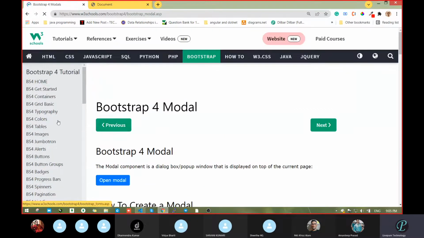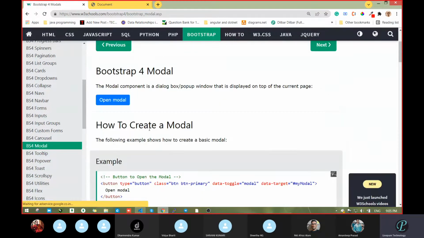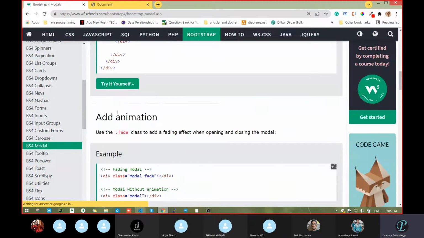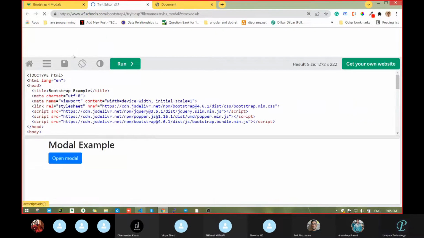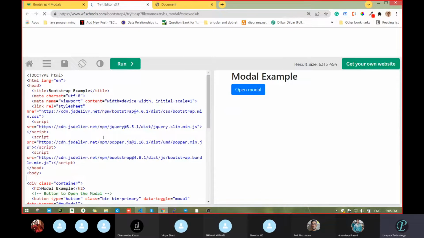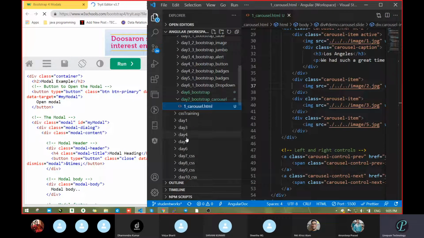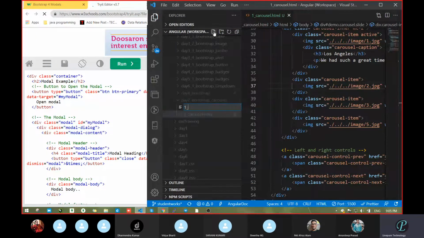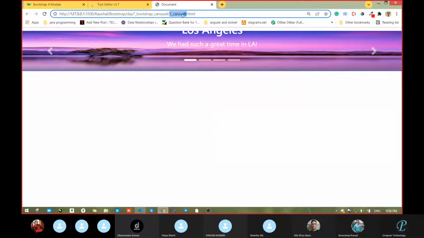Now you have to tell me where we can use it in a real scenario. And this is important actually, because whenever you work on any website, you will get this concept too much. Mostly we are using this thing. If you work on any project, sure and short, you will get this. Modal dot html.